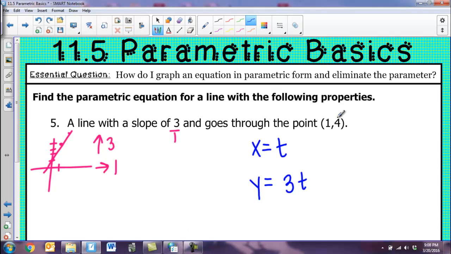Now the only problem here is I need to make sure it goes through this point, and currently I'm not going to go through that point based on these parameters. If I plug in 0 here, I would get that x is 0. So the easiest way I think about it is if I plug in 0, how can I make this true? So if there's a 0 here, what do I need to add? Well, I need a 1. If there's a 0 in for t here, I need to make that y equal to 4, so I add